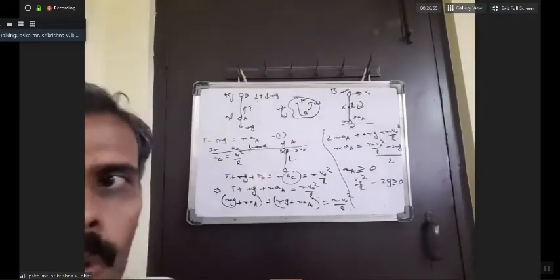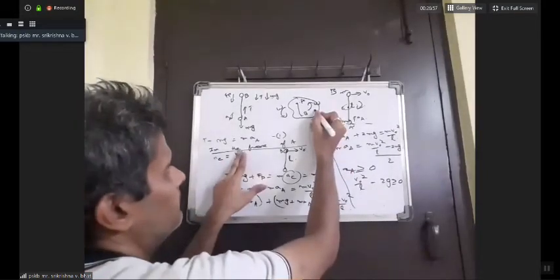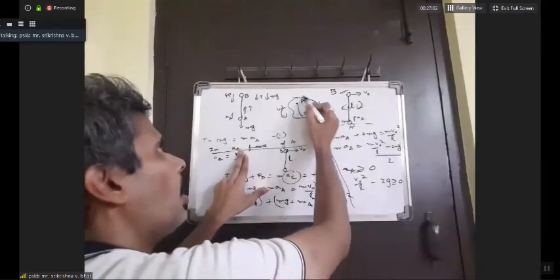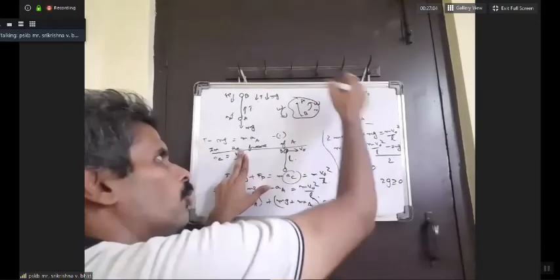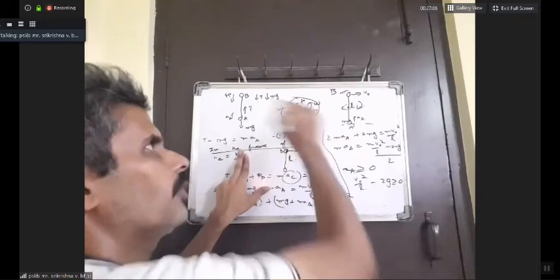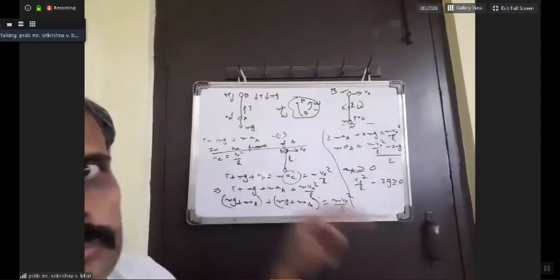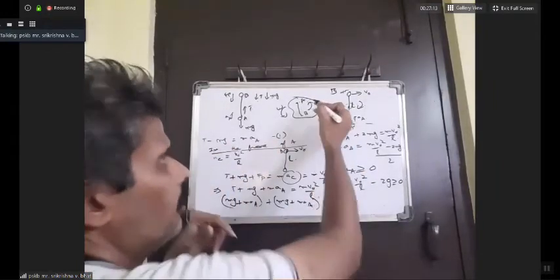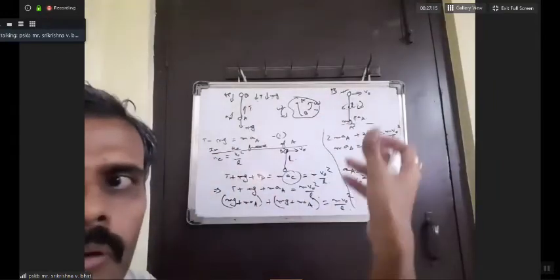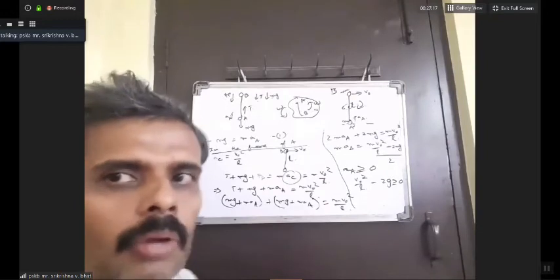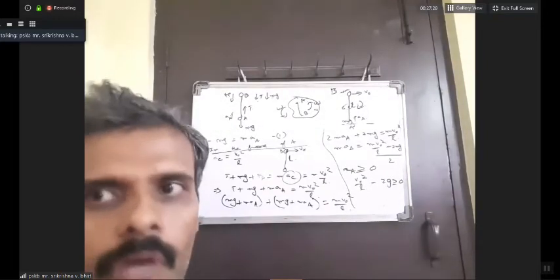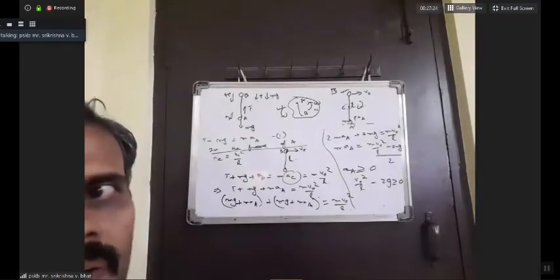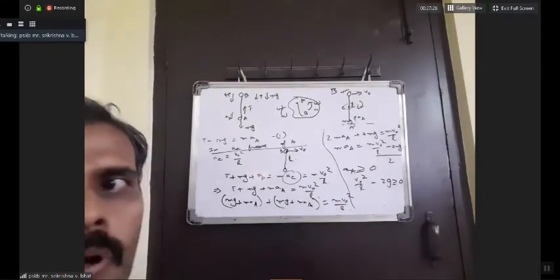So if you want to, you can consider this point as the center, and you will find that all the other points in the rigid body will undergo circular motion with respect to this point with the same angular velocity. And you can take some other point also if you want. All the points on the rigid body will undergo circular motion with the same angular velocity. This we can say for a rigid body. However, this is not true for a non-rigid body.